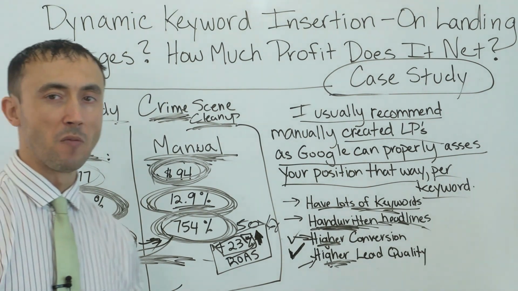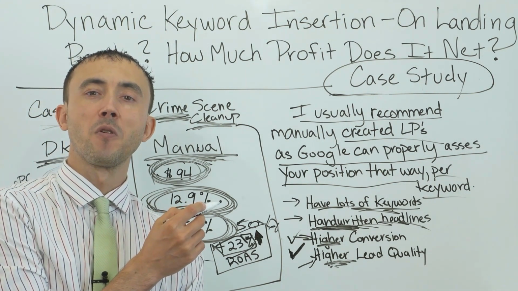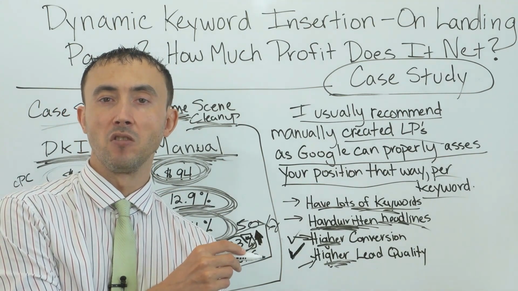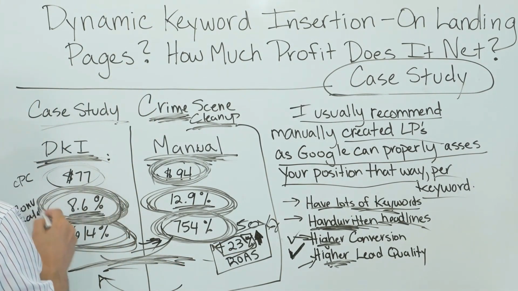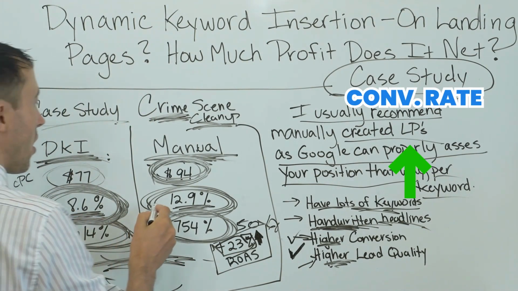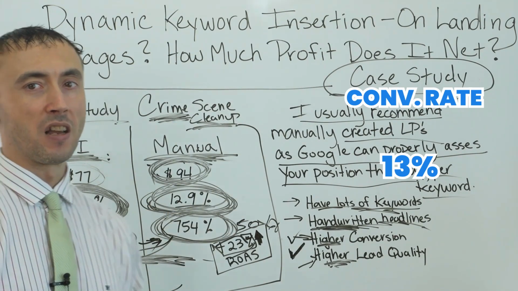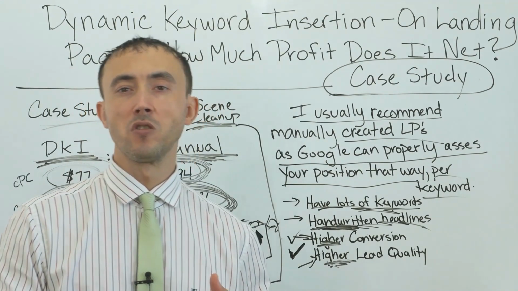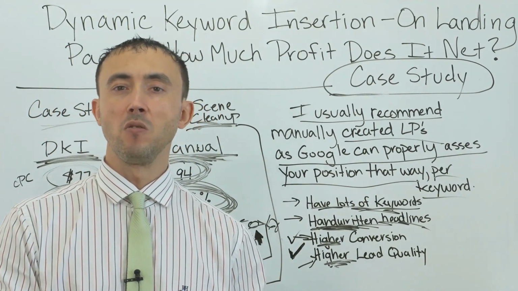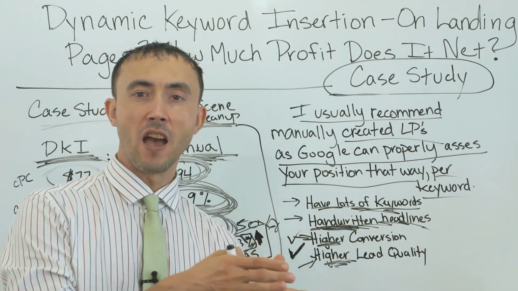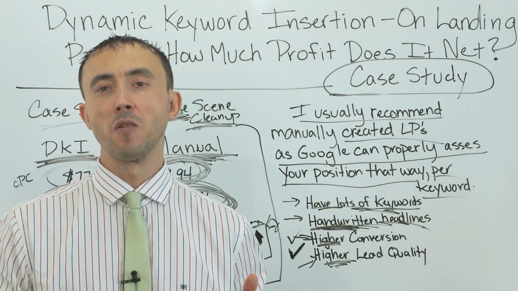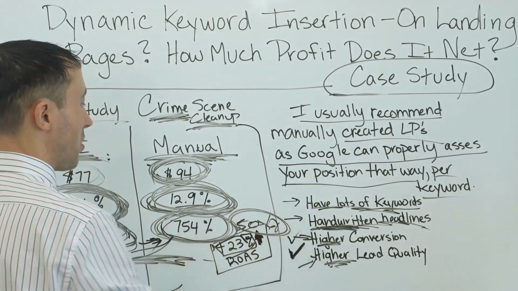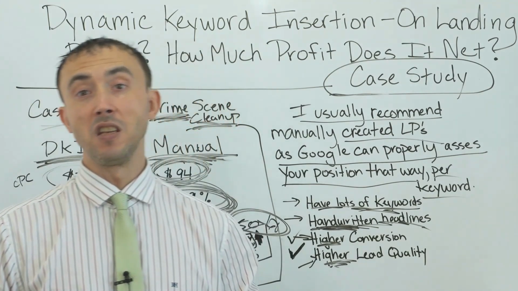I know because I've worked with several of these companies before, and so I can tell you for a fact what the other companies were getting before and without using any dynamic keyword insertion itself. But you can go from 5, 6 to 8 to 9 to up to 13 just using manually written headlines and then giving it enough time to kind of break in, because the main thing I also just want you to know is when you implement new landing pages and you switch the traffic on the campaigns you have now to a new landing page, it's going to take several months for the algorithm to readjust. But once it does, you should be able to get that 50-60% increase in conversion rate going from DKI to